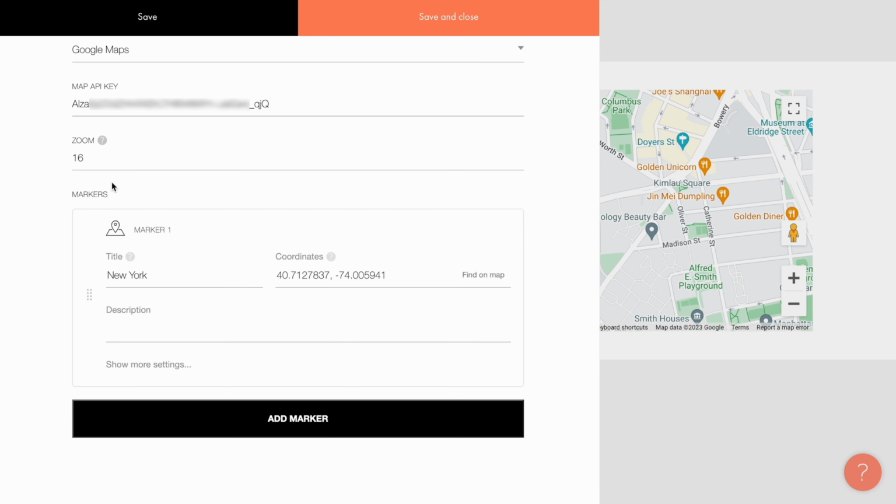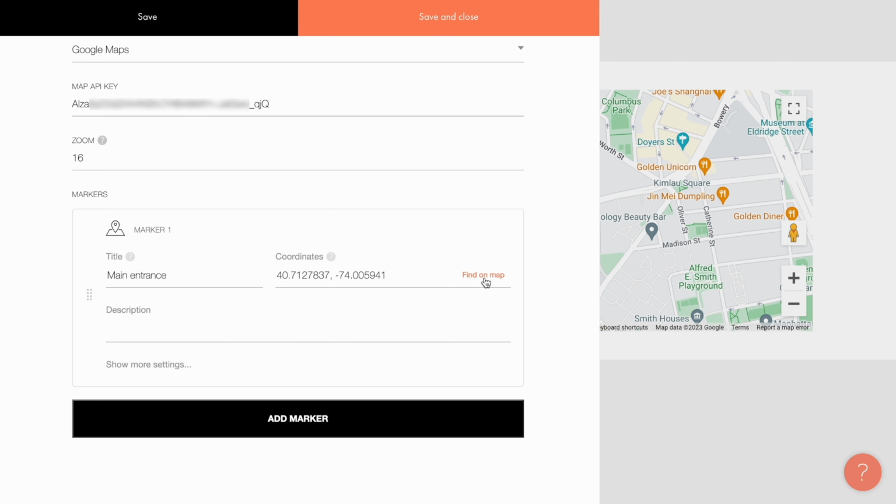The Markers parameter allows you to relocate an existing pin or marker on the map or add a new one. Under Title, you can assign a name to your marker that will be displayed on mouse hover and click. Let me change the default title to Main Entrance. You can edit the marker's location either by entering latitude and longitude values into the corresponding field or by manually searching on the actual map.